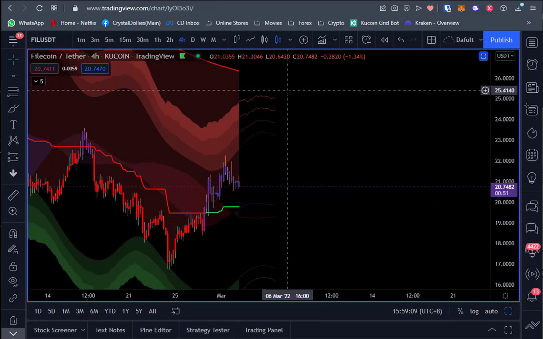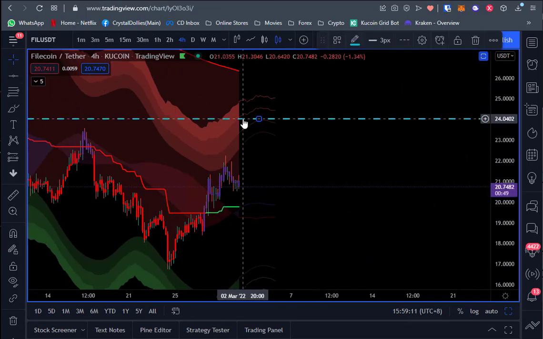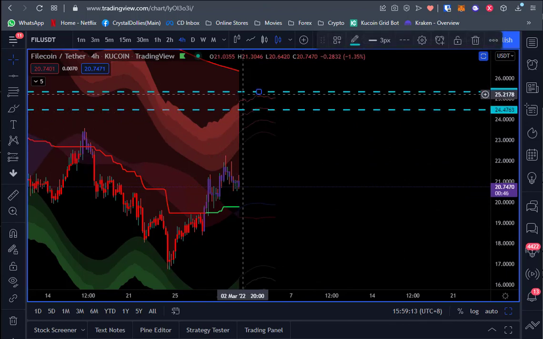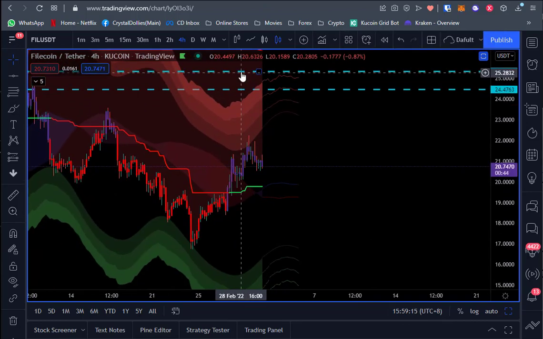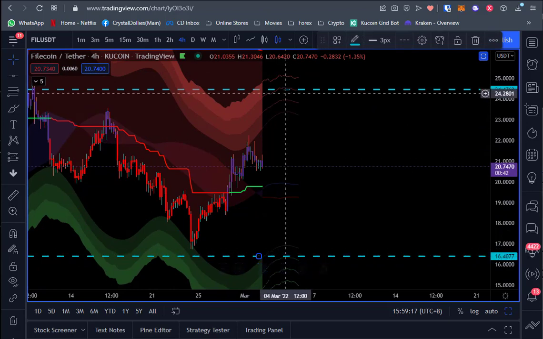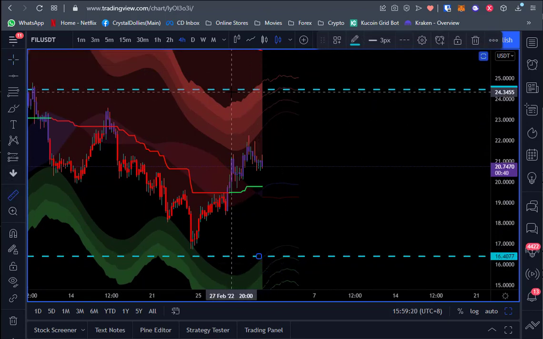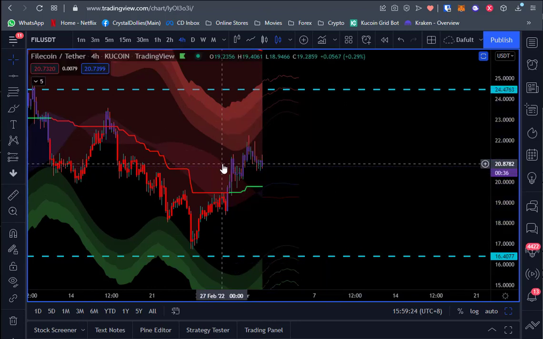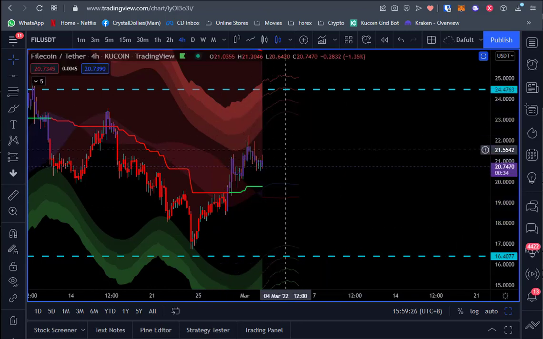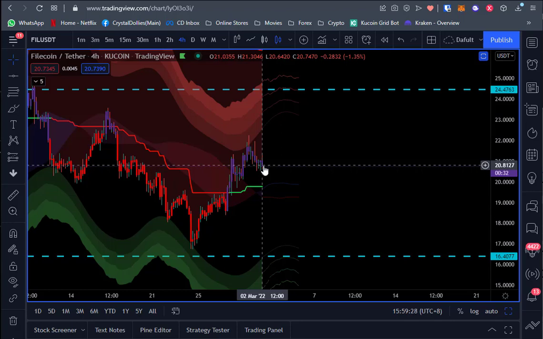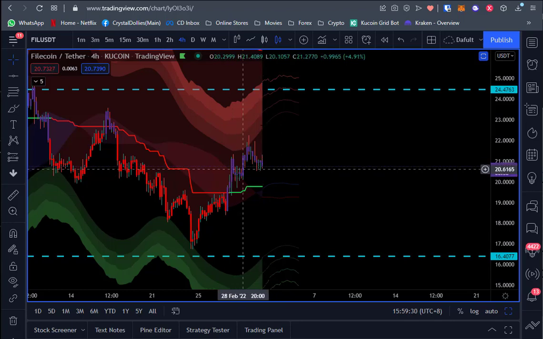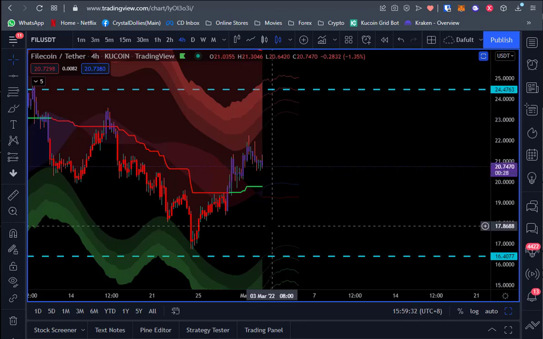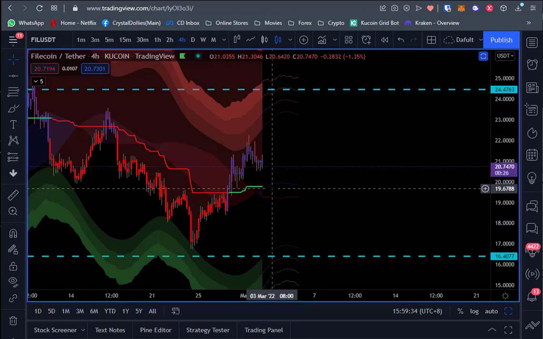Unlike the grid bot, which only buys within the range you set, from here to here, rebalance is different. What rebalance does is that every time the price goes up or goes down by the percentage that you set,